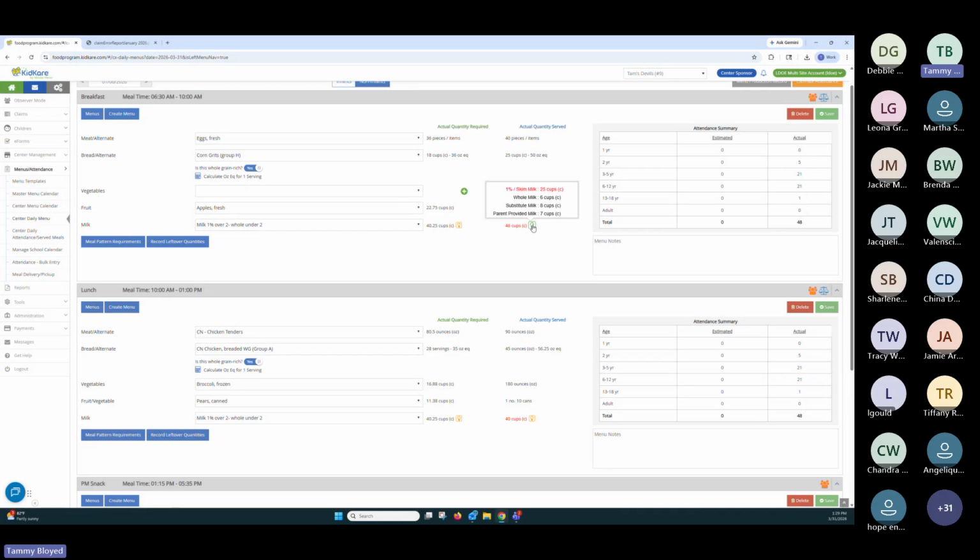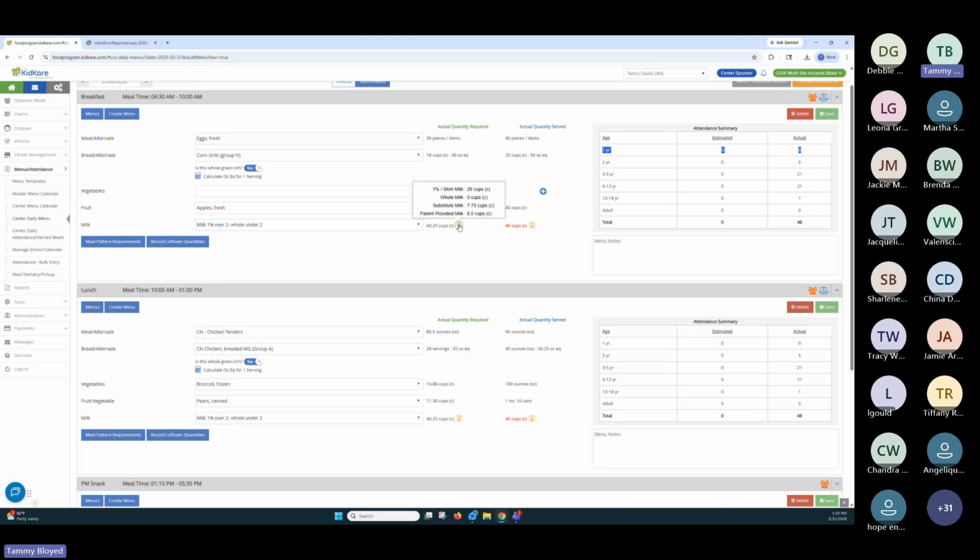Well, we recorded 7 cups of parent-provided and 8 cups of substitute. We also recorded a bunch of whole milk in here. But the issue is there were no 1-year-olds present. So that means whoever the cook or the server was that day served whole milk when they should not have. We're not going to adjust that whole milk number because that's probably correct. She probably actually served it. It would be very odd for her to just enter whole milk if she wasn't serving it. That is a correct error. You cannot claim those meals that you served the 6 cups of whole milk to. So we're going to leave that alone.